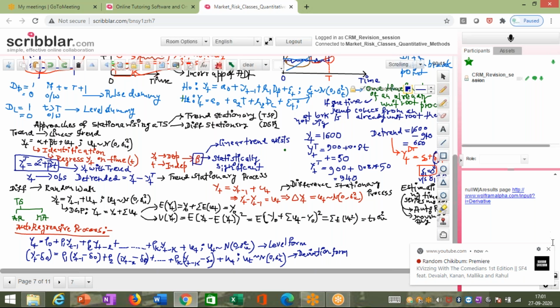This is your deviation. So these are the two alternate ways of working with